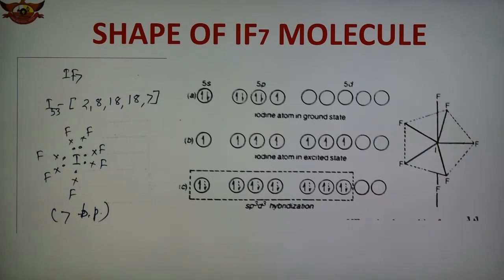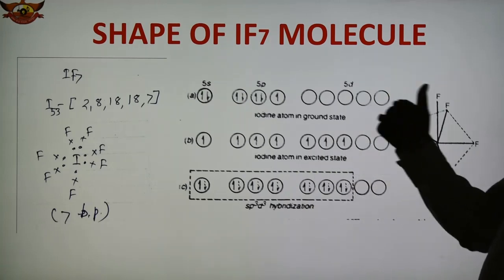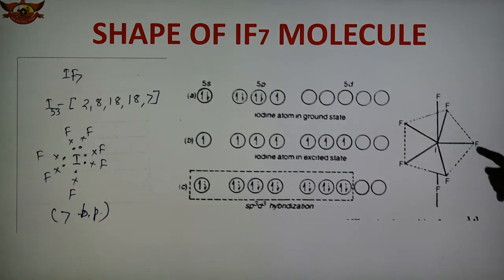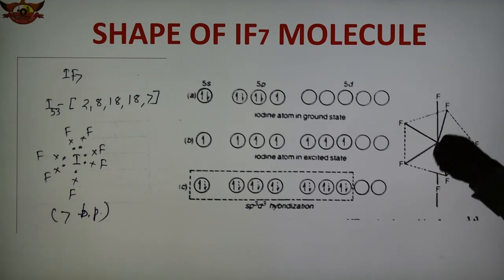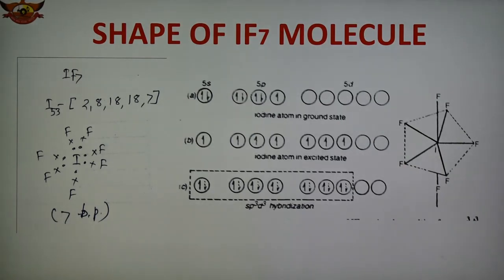So there are 2 bond angles in case of pentagonal bipyramidal geometry. So in this case sp3d3, or when 7 bond pairs of electrons are present, the shape of the molecule is a pentagonal bipyramidal geometry with a bond angle of 72 degrees in the pentagon ring and 90 degrees for those perpendicular to the plane. So in this way these are the examples of inorganic molecules.